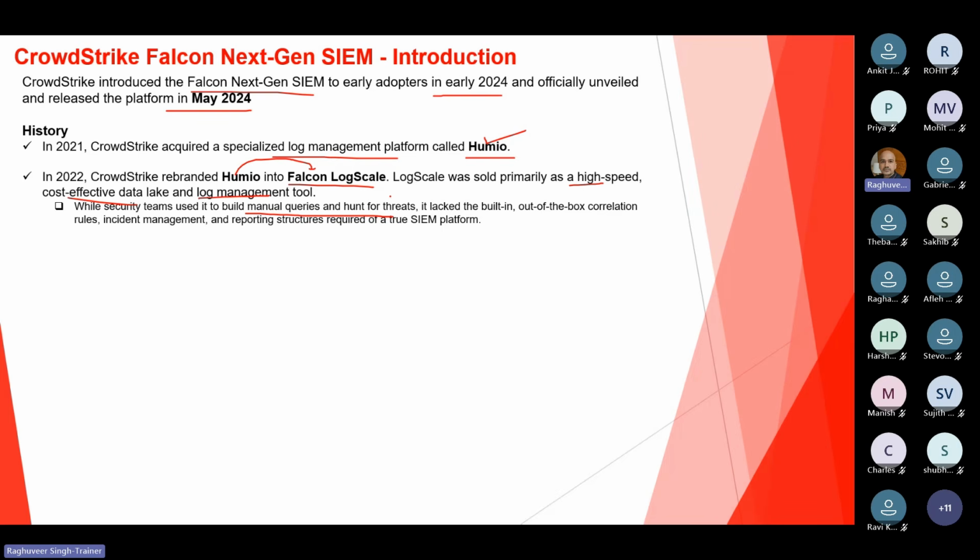It lacked built-in out-of-the-box correlation rules, incident management, and reporting structure. So it was a pure play log management solution, log repository that would allow you to query logs using the LogScale query language. However, it lacked out-of-the-box correlation rules. It lacked native correlation rules that can run against that log, identify any misconfiguration, IOC, or deviation from security standards,